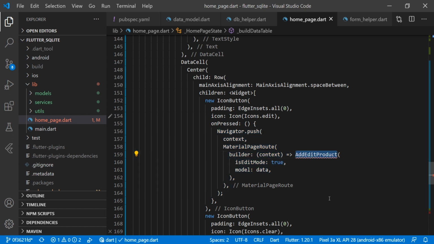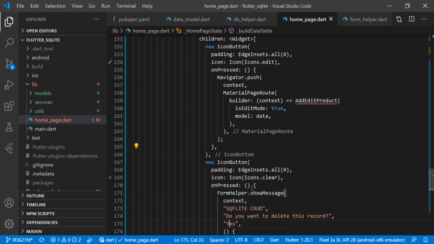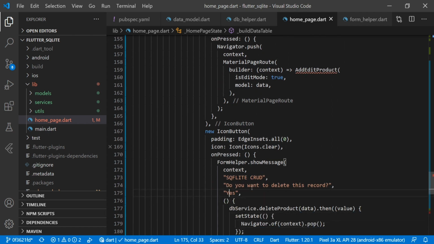We have created one common page, that is AddEditProduct, and I will go to that page also. Then we have an icon button for deleting, and here we are calling FormHelper, and here we are just calling showMessage, and we are passing the context.